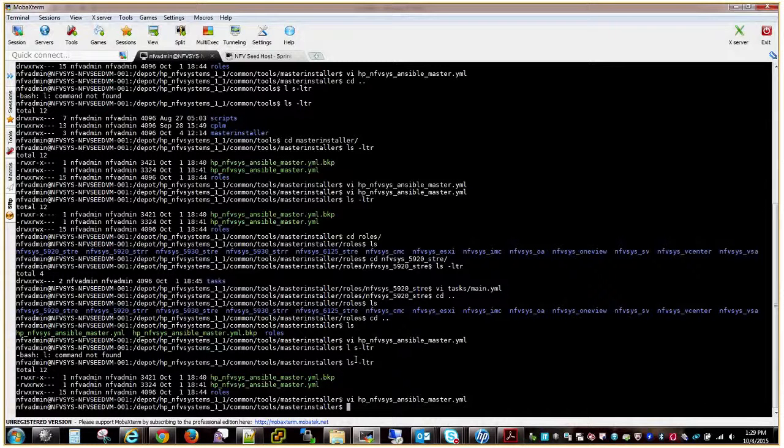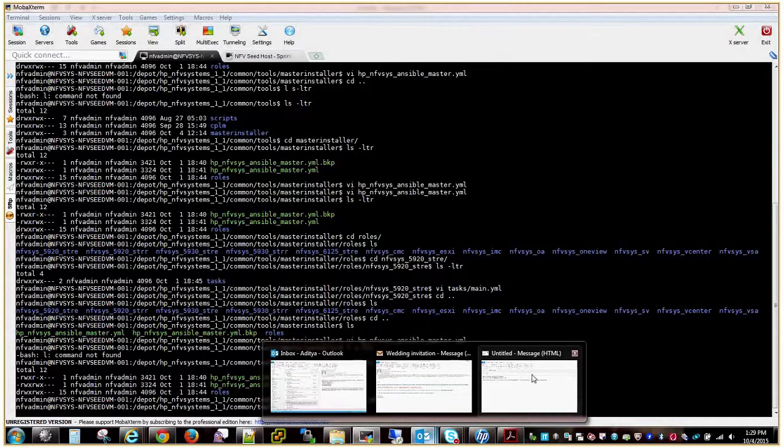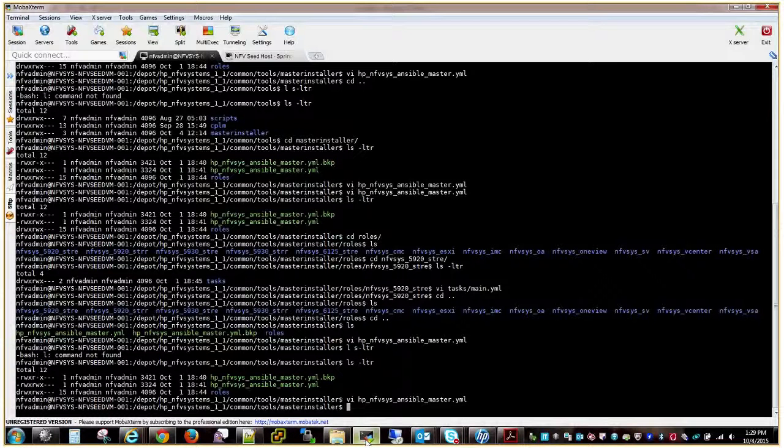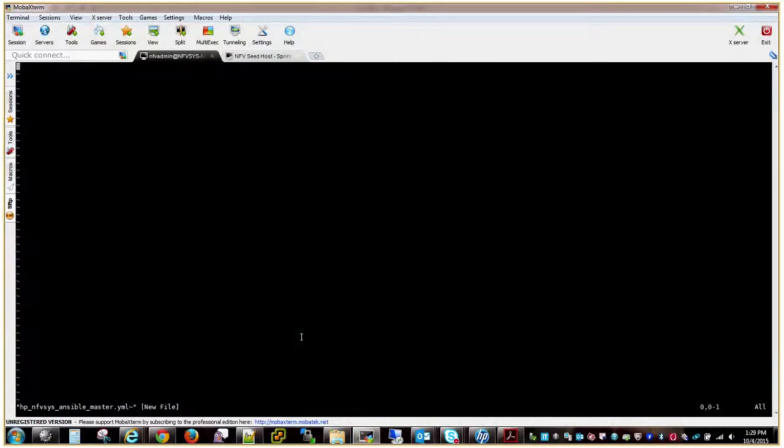Is everything a single script which executes all these things, or do I need to execute step by step? Each component has a pre-check, configure, and post-check. As soon as each component is installed, it will stop and wait for you to hit enter. Only when you hit enter, it will go to the next step. But it is a single script. It is supposed to be done in a single script. So the master installer will stop at the